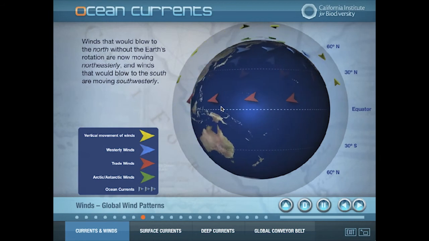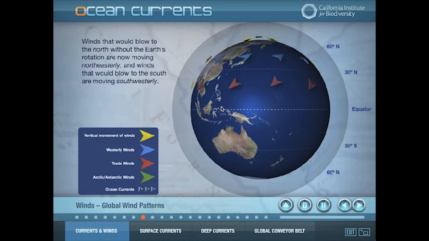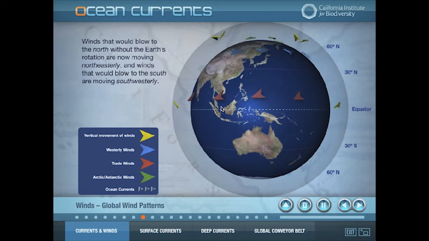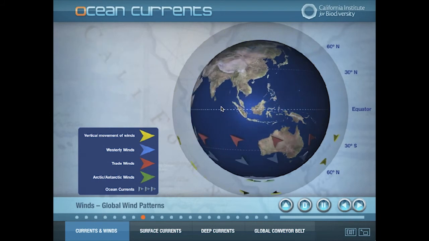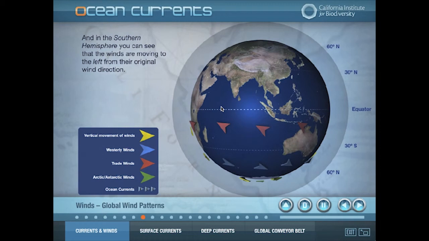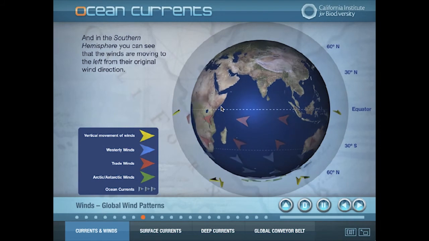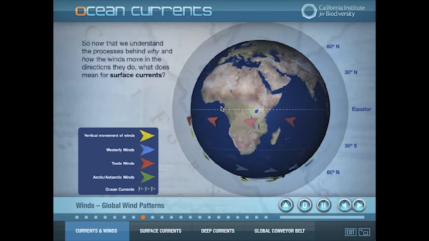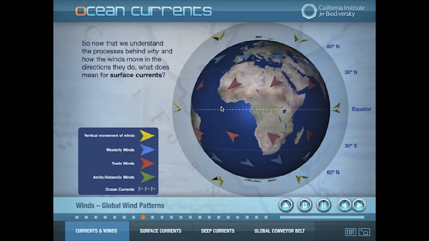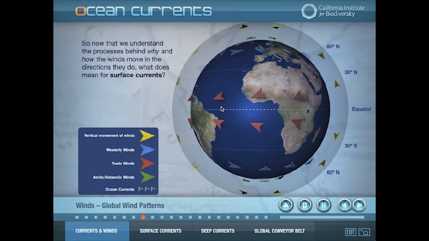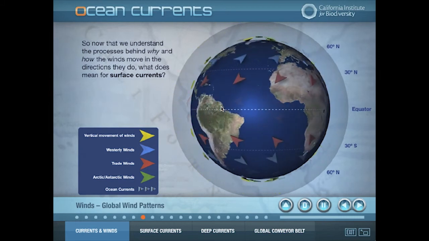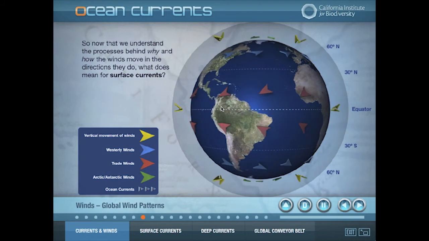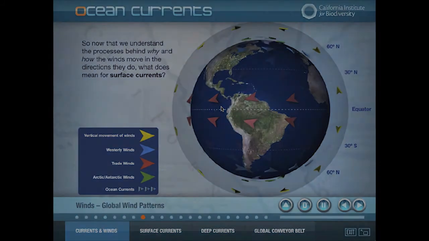Notice how all the northern hemisphere winds are moving to the right of their original wind direction. Winds that would blow to the north without the Earth's rotation are now moving northeasterly, and winds that would blow to the south without the Earth's rotation are now moving southwesterly. And in the southern hemisphere, you can see the winds are moving to the left from their original wind direction. So now that we understand the processes